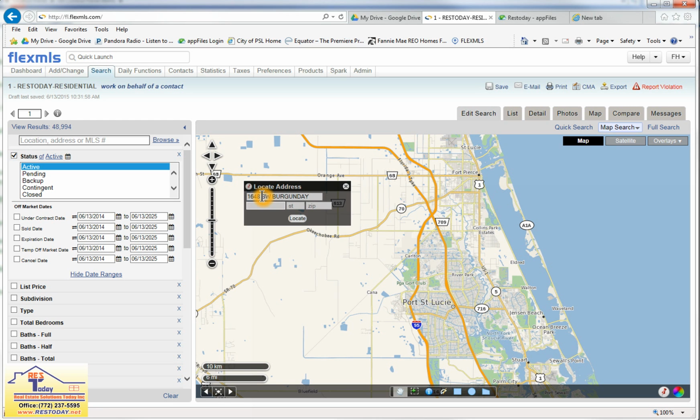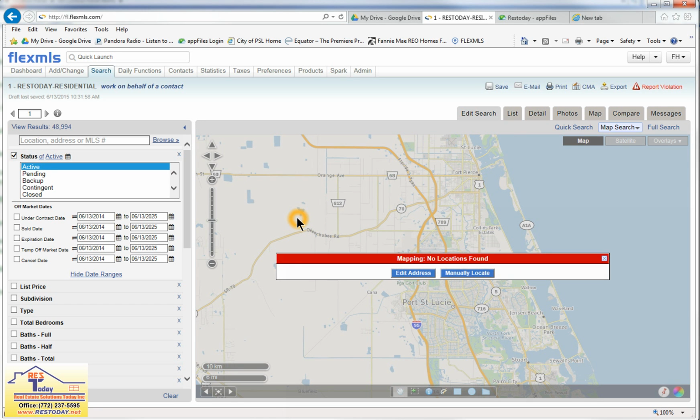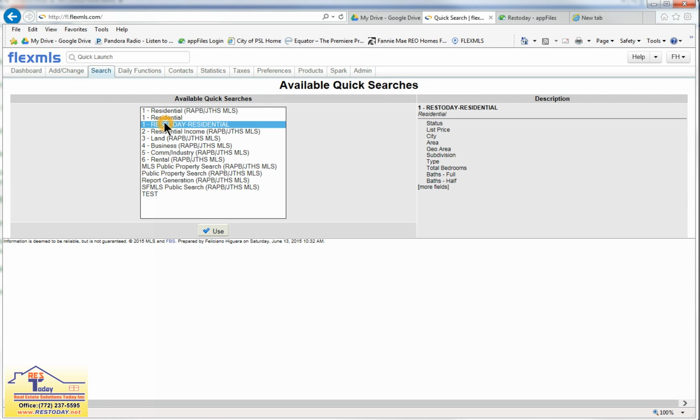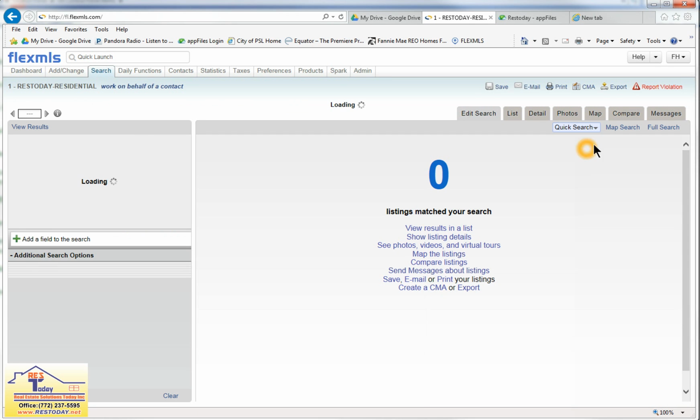Burgundy, Port St. Lucie, Florida. If you know the zip code, enter the zip code. I don't know it, so I will just see if it found it. I was hoping that it did not find it, so let me go back to quick search, because it needs a zip code. So we go back